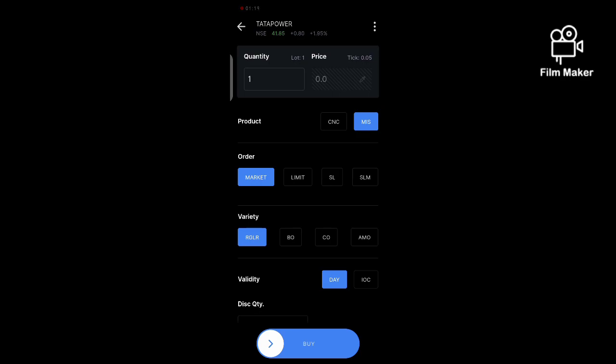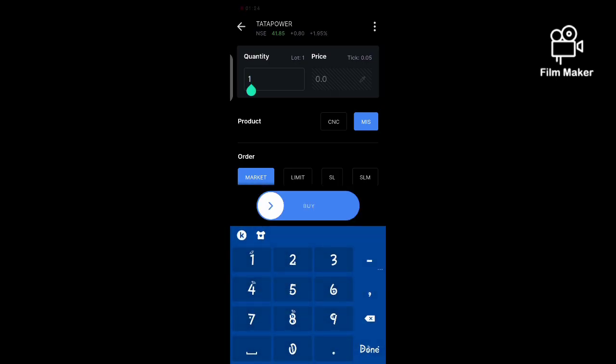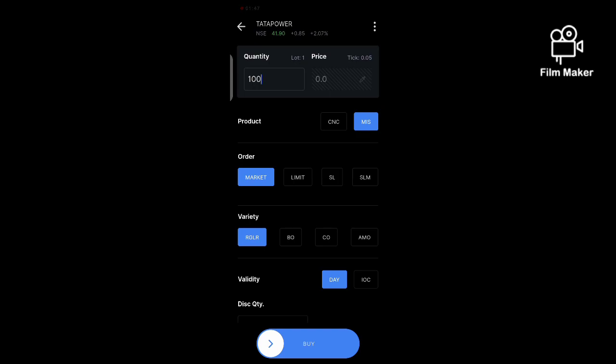In a market order, you cannot choose the price, which means if you want to buy 10 stocks or 100 stocks, you cannot choose the price at which you are going to buy it. The price cannot be entered, and if you want to buy it with leverage, you can use MIS, or if you want to pay fully, you can choose CNC. That is market order.